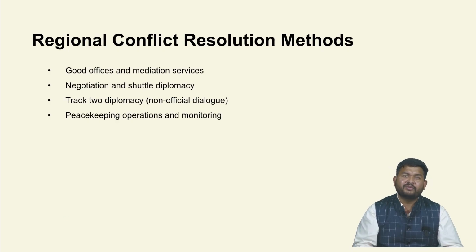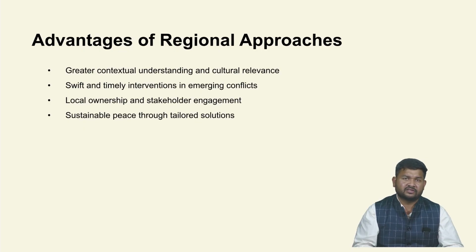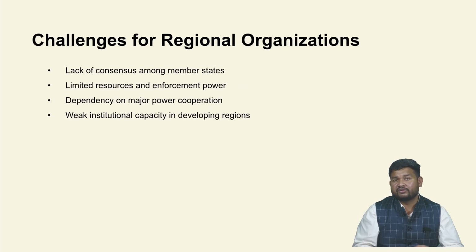So, moving forward, we must also be realistic about the challenges and limitations. Power asymmetry within regions can mean that dominant states use regional organization to advance their own agendas, sometimes turning collective institution into instrument of hegemony. Sovereignty concerns make many states reluctant to allow regional bodies to interfere in what they view as internal matters, even when those matters have regional implications.